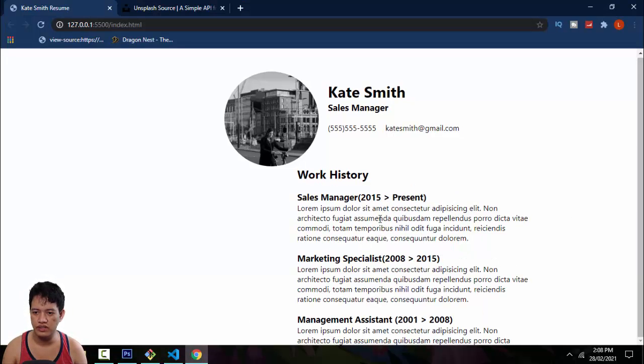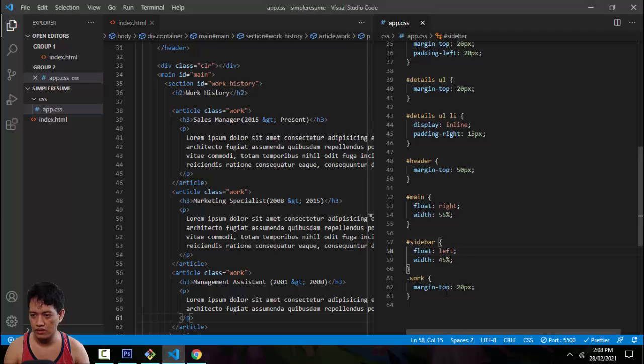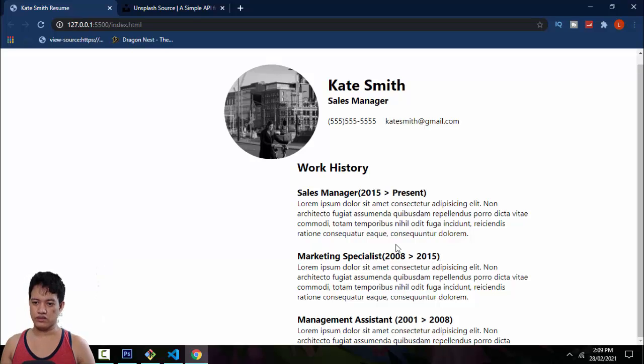So it's creating this one, work history, and then a space since we have a margin. I'm going to adjust that to 30 maybe. 25. I think that's cool. So we have work history and